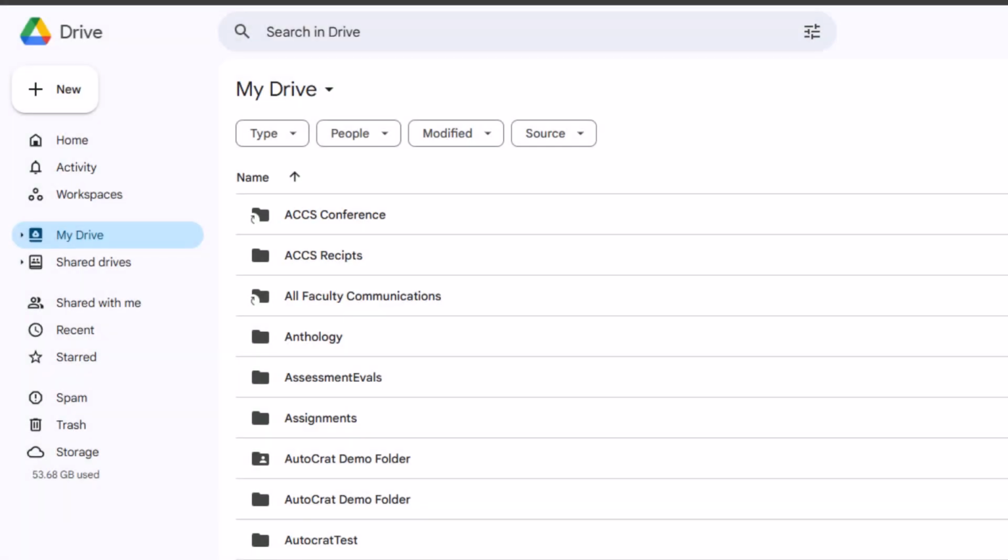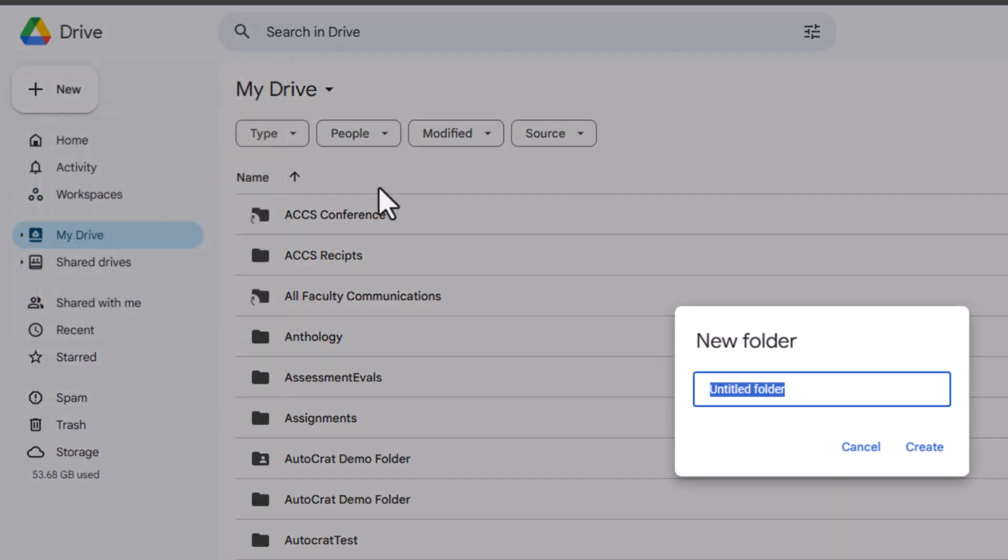So that's YouTube. If you prefer to use Google Drive, here's how you do that. So it's really easy to upload your videos to Google Drive. Now, I recommend if you're going to have several videos for your class, that we actually start by making a folder that sets the permissions for us. So we'll just go up here to New and Folder, and I'm going to call this Class Videos